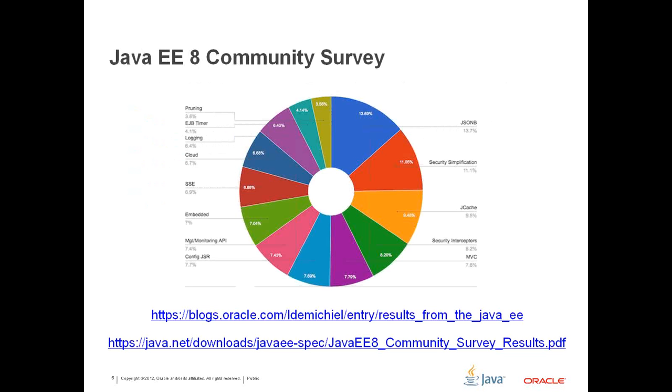Some of you may already know we've already started work on Java EE 8. So we started this work by doing a series of community surveys to figure out what our core community actually wants out of Java EE. And we thought that was a very successful effort. We got about 4,500 responses to these surveys, and we thought the results were very good. The results are published. If you haven't looked at it yet, I suggest taking a look at it. It's these two links that are included in the slide deck.